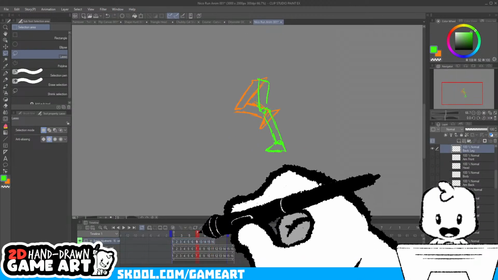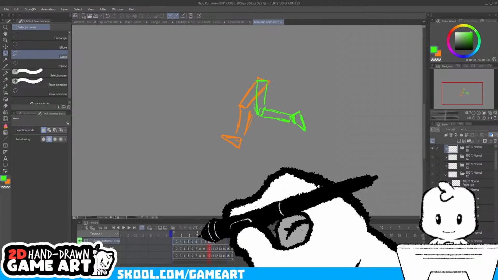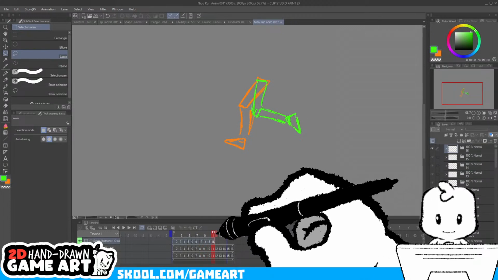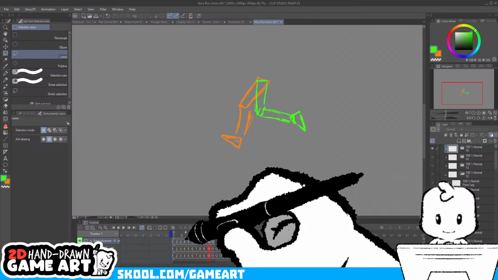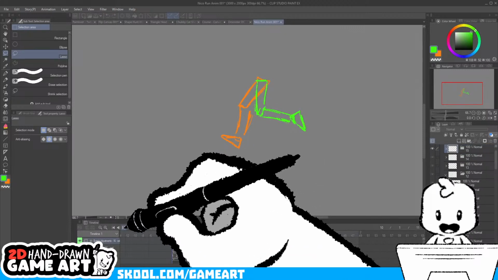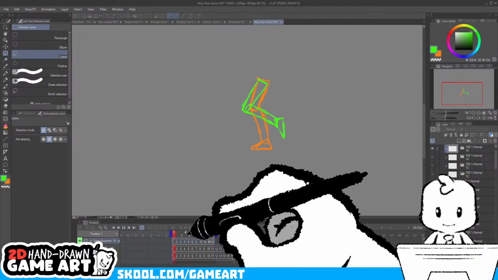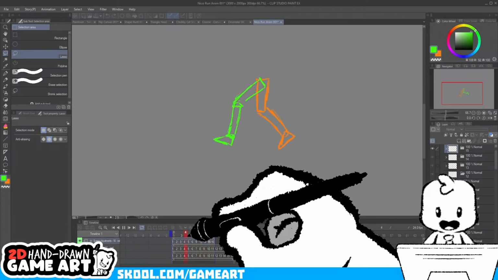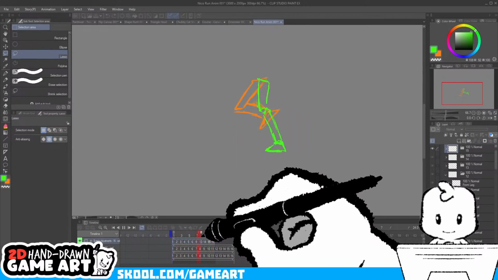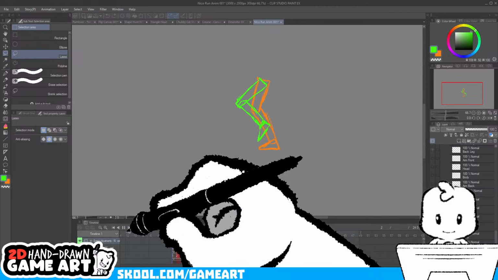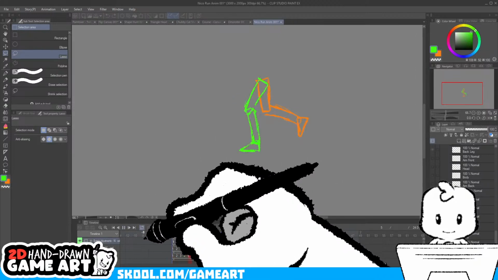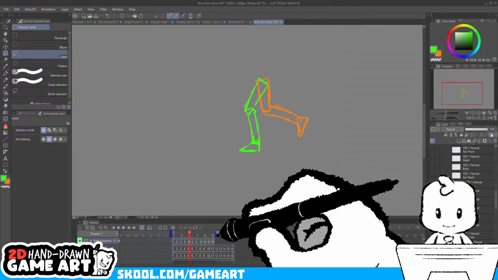But all we're doing is removing frames that we don't need, so the motion reads better. And so with all these frames gone, the timing is going to be a bit off. They're running like a madman, but this does feel a little smoother.